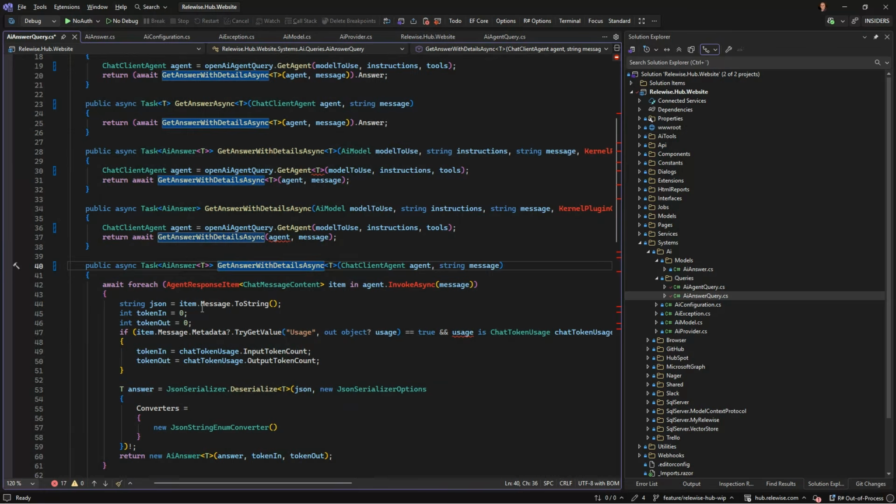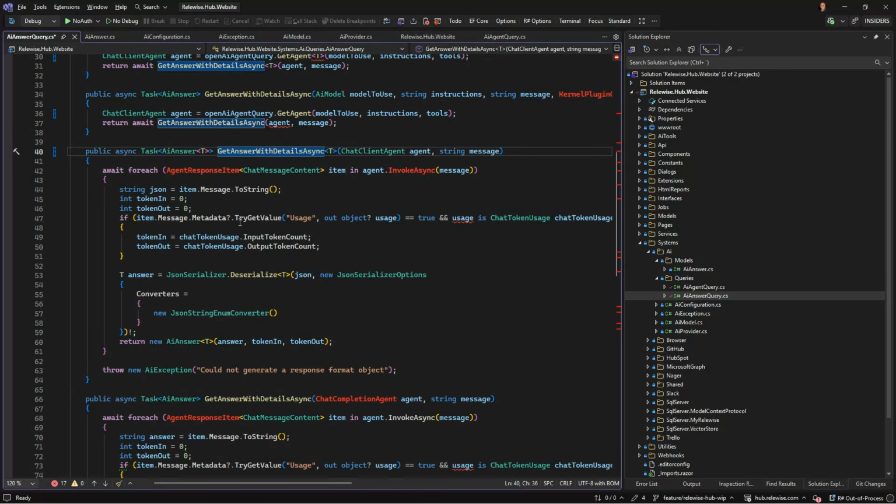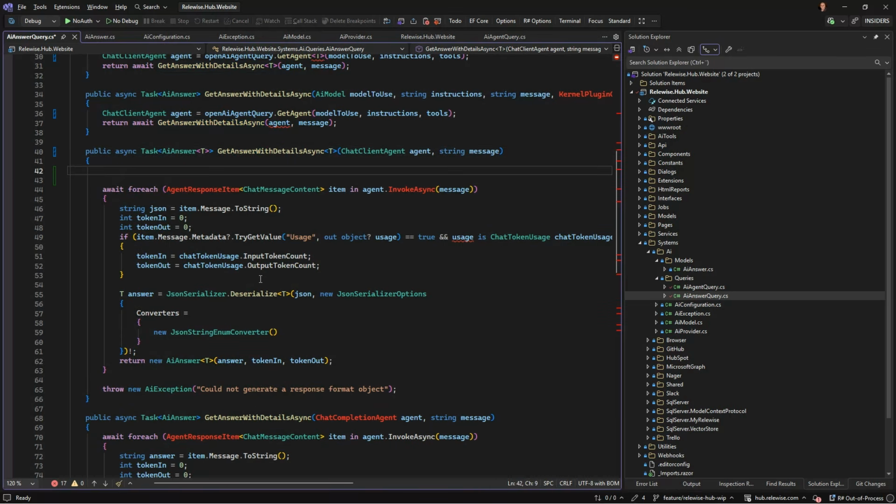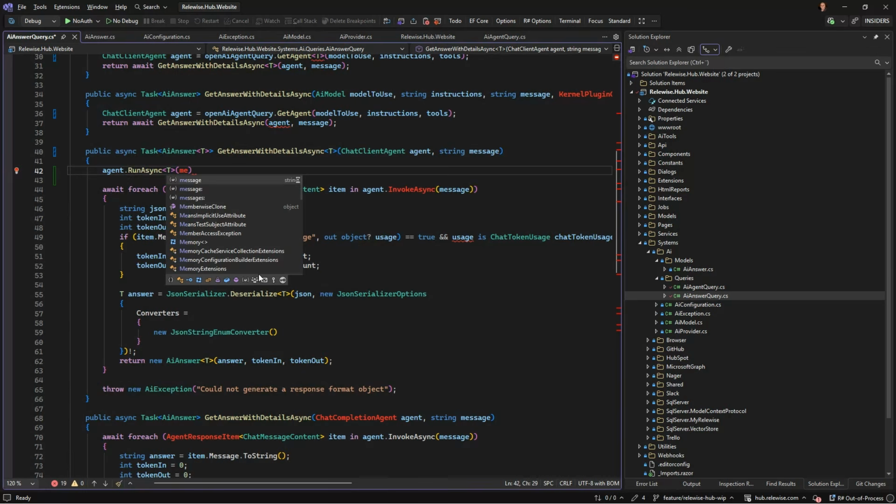And in our answer, yeah, this is the old way of doing things. Oh, I have to token in and out. Okay, I will see if I can do that. So agent that's run async with T and a message.